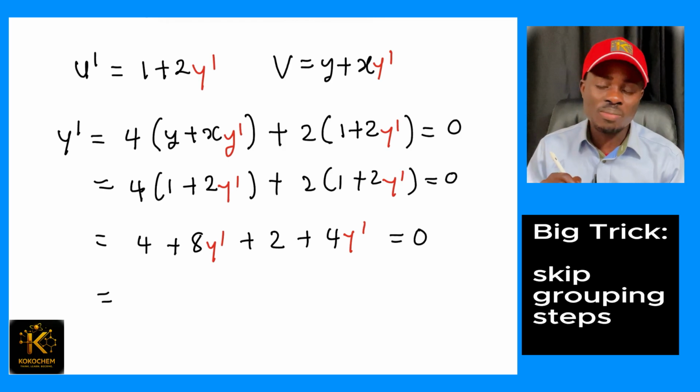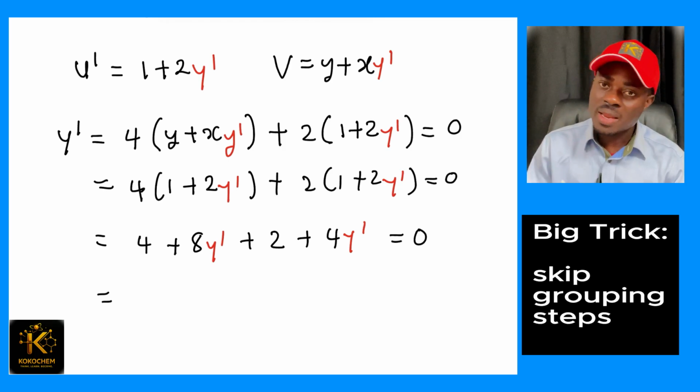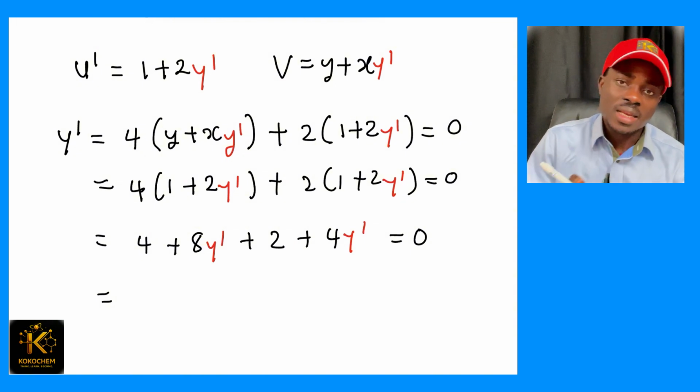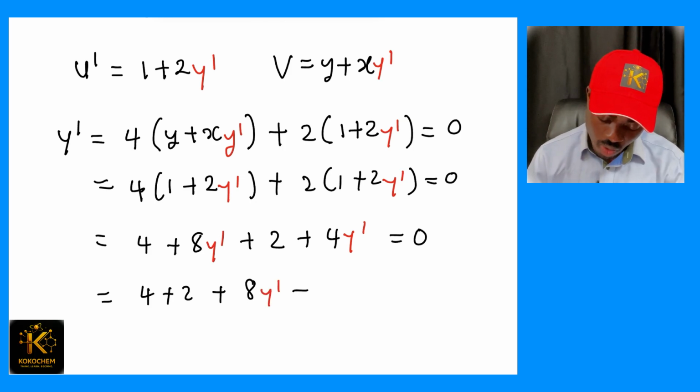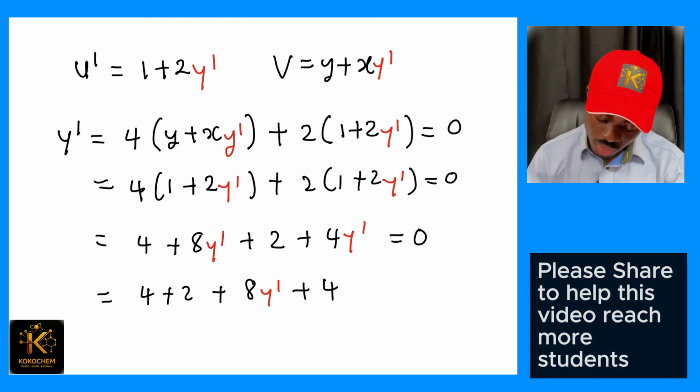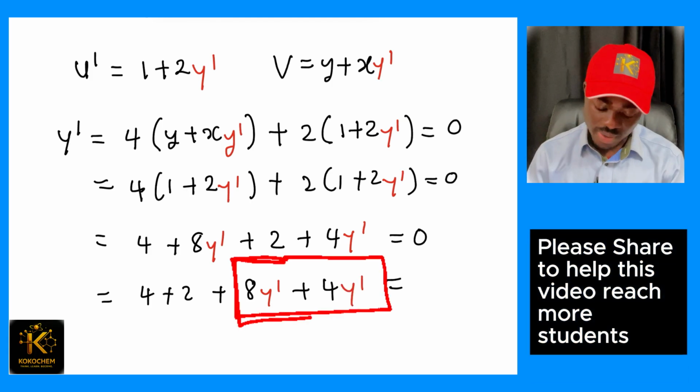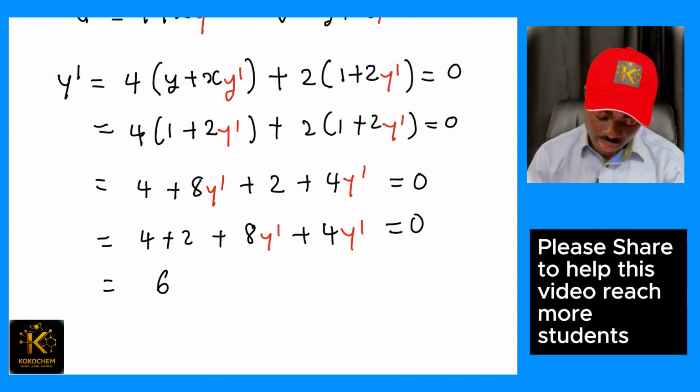It's all grouping, and I make sure the ultimate group is, these are like terms in grouping: 4 plus 2 plus 8y prime plus 4y prime all equal to 0. So grouping, 4 plus 2 is 6, 8y prime plus 4y prime is 12y prime, all